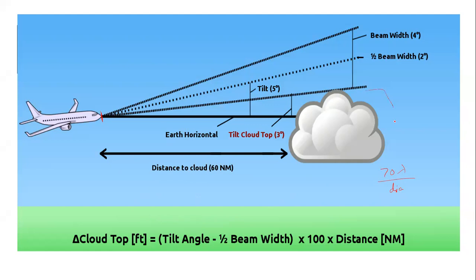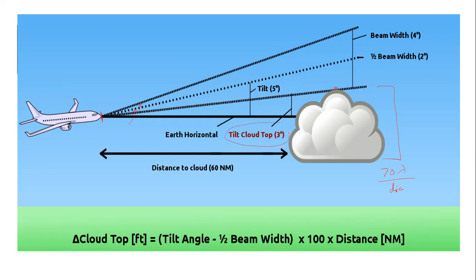We need to calculate the top of the cloud. How to calculate the top or height of the cloud? This is the beam width. What the pilot does is he or she will scan the cloud. Wherever he stops getting the signal, that is the top. He will keep on increasing, and wherever he or she gets zero signals or black signals, that means that there is no cloud. So that is the point the cloud stopped. So we need to calculate that tilt.